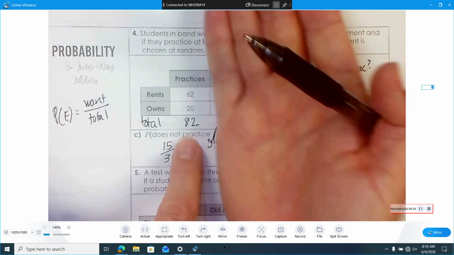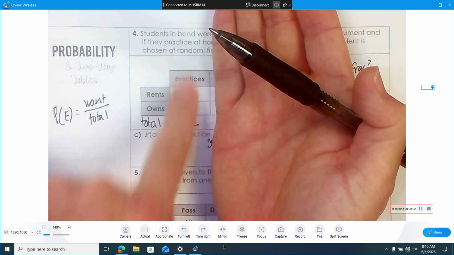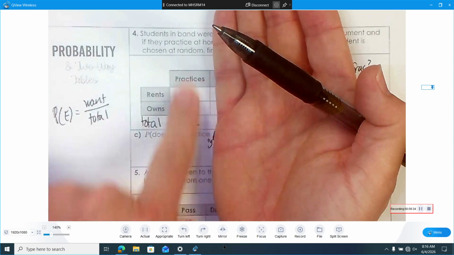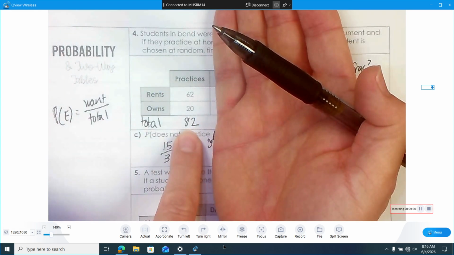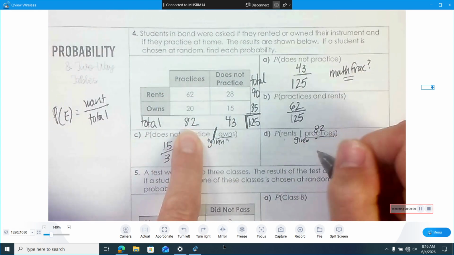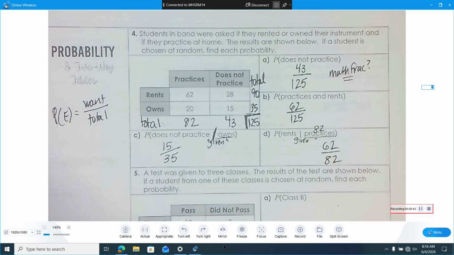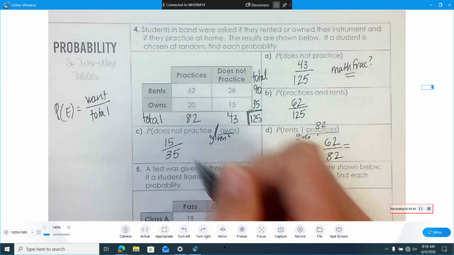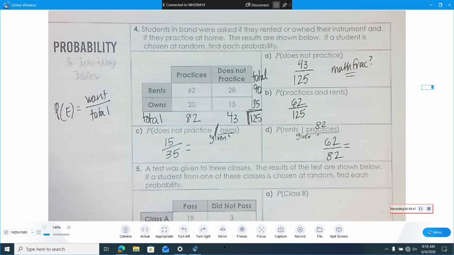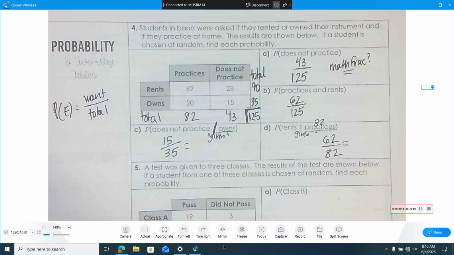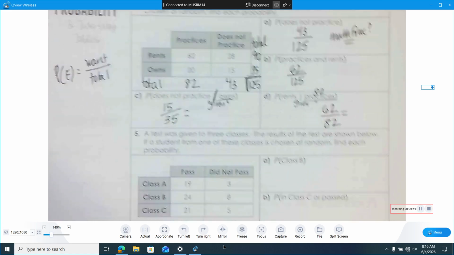62. Oh, so we're really only looking in the given that they practice column. Okay, so 62 rent out of the 82. All right, so 62 out of 82. All right, we'll keep practicing with that. That definitely reduces, but you can math frac that. That's pretty easy. All right, let's look at